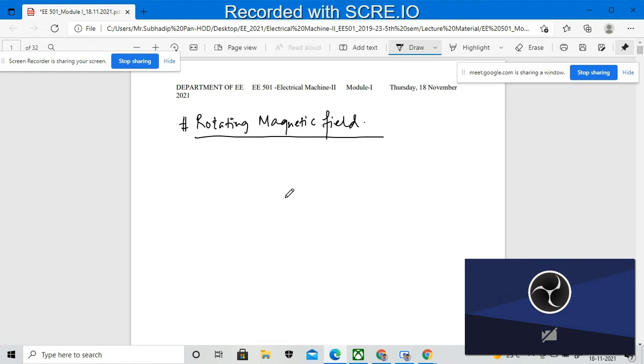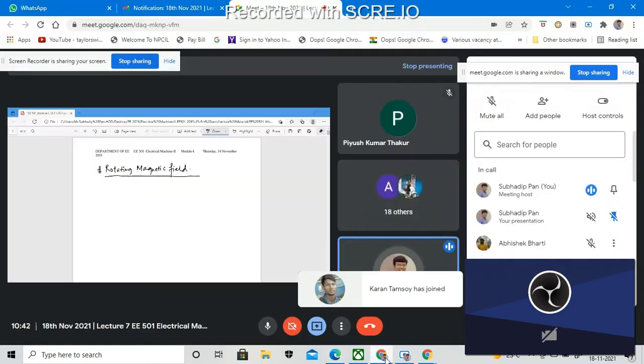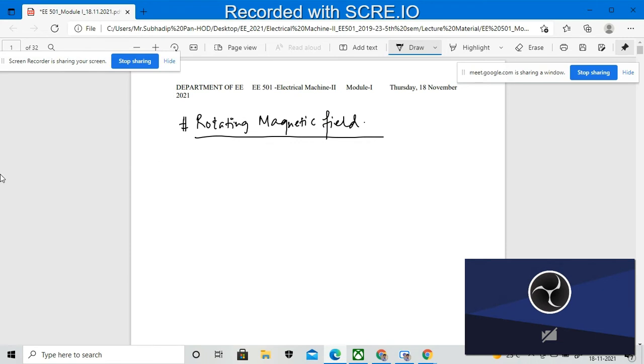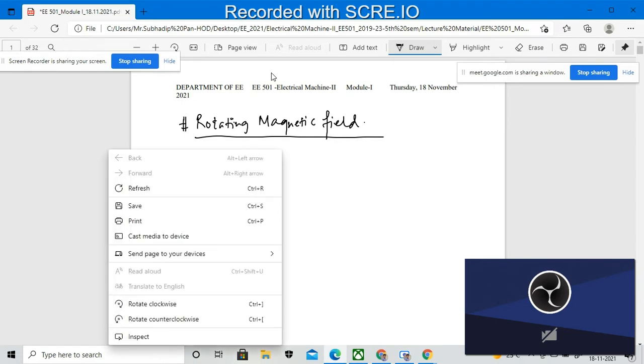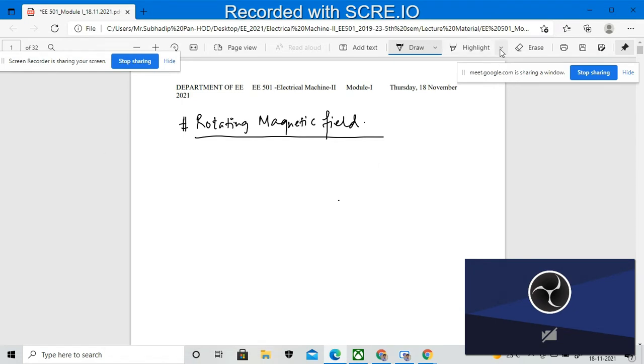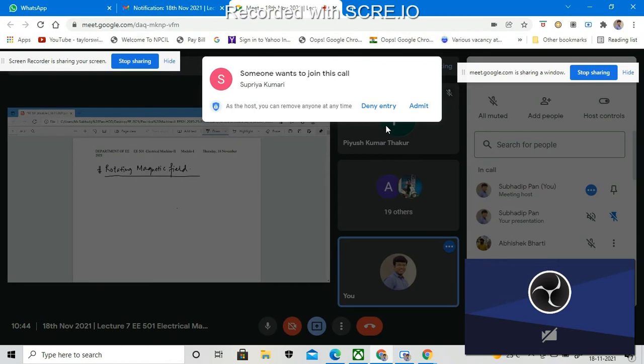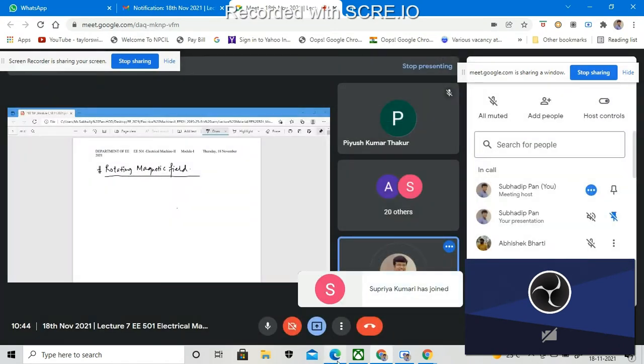First we have to draw the figure of a simple three phase stator, how it looks. I have to draw this first, then I will show you. Suppose I have... one second. I will go to the paint section so that we can draw the round part. Give me one minute, I will go to paint.